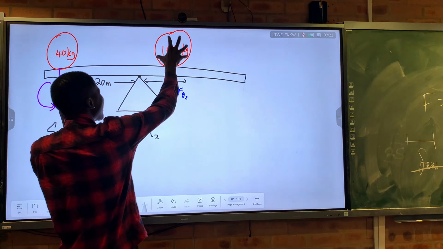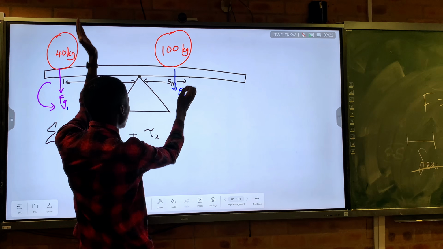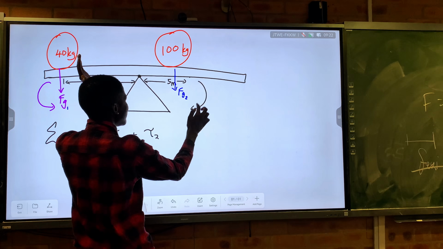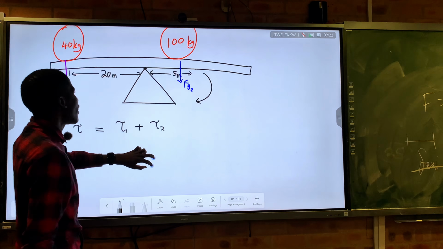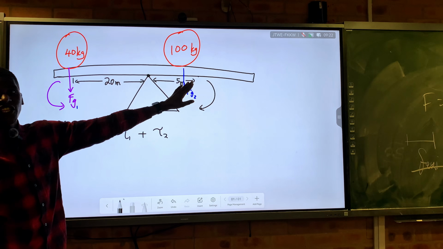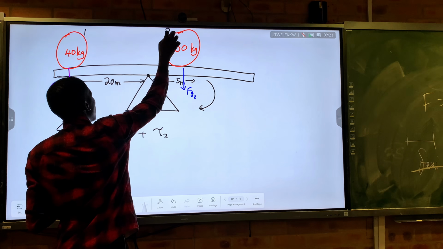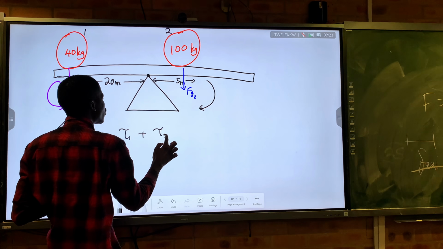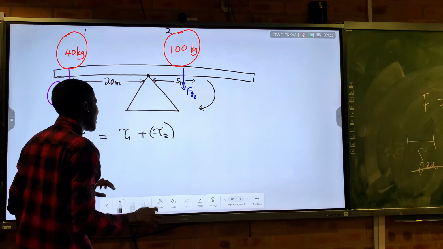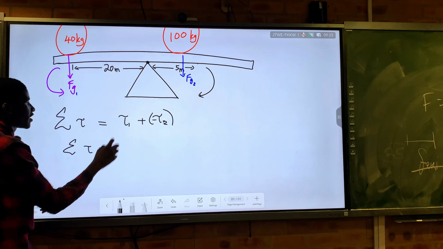Clockwise, because basically this is weighing out on this side, causing this to rotate in a clockwise direction. So the torque that is supposed to be negative is torque 2, caused by object 2. So this is object 1, this is object 2. So this torque 2 is negative. Now let me try to see what the sum of the torques is.